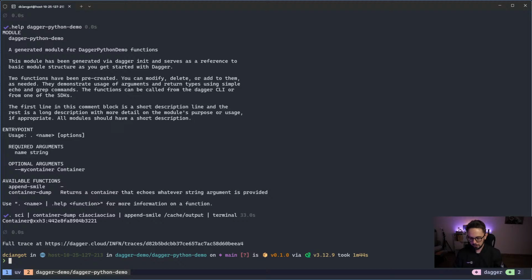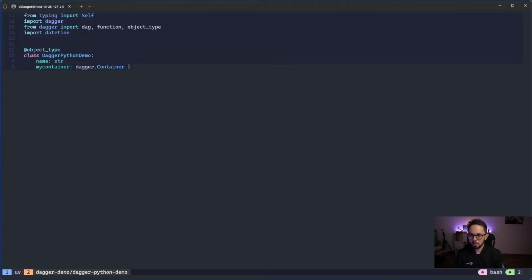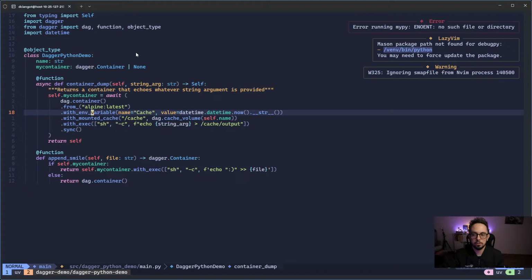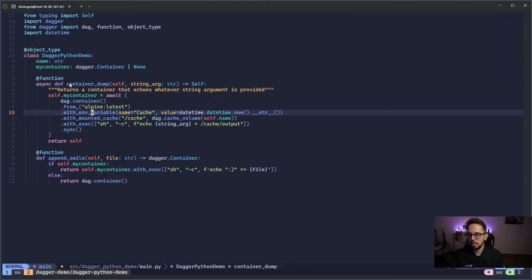let's exit and see. We created a module called Dagger Python demo, where we have a function called container dump that is a chain function, so it's returning a self type, and it's putting some information into a file, and this information is string arg. It's the argument that we pass. So it's a string, it will dump the information into a file that is cached, so across different runs we still find that information,